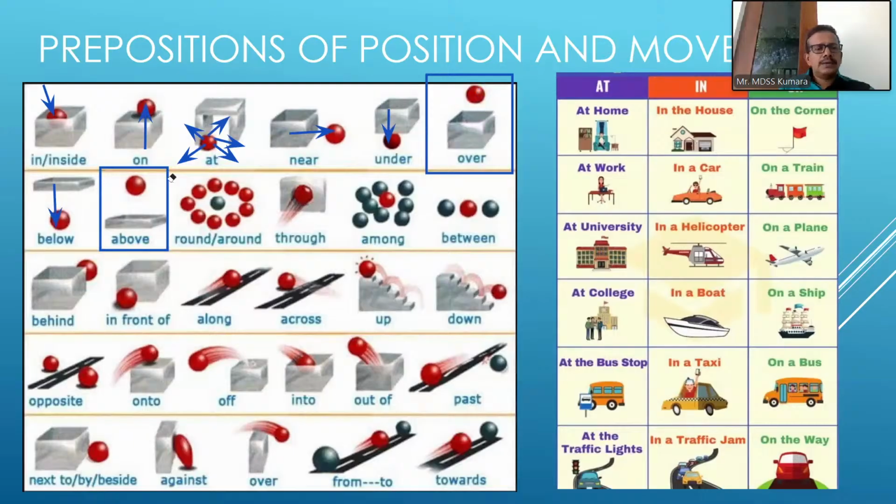So over and above have similar meanings actually. But regarding static location, still positions, when we use above, the space between the two surfaces is more. Whereas when we say over, the space between the two objects is less. For example, you can say something like,